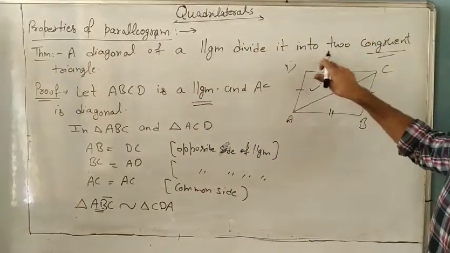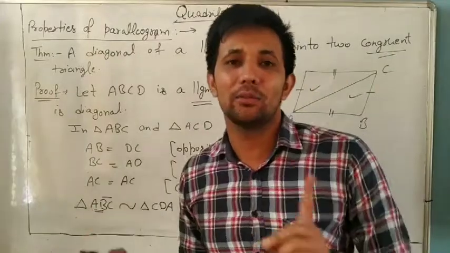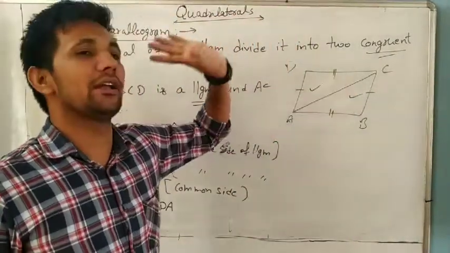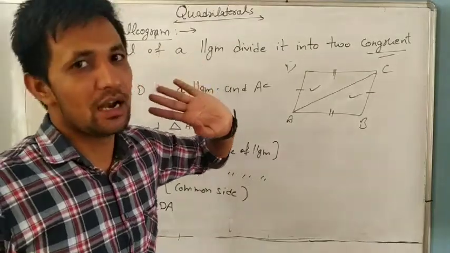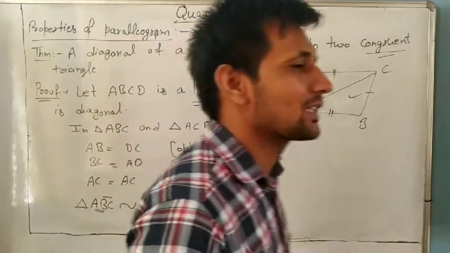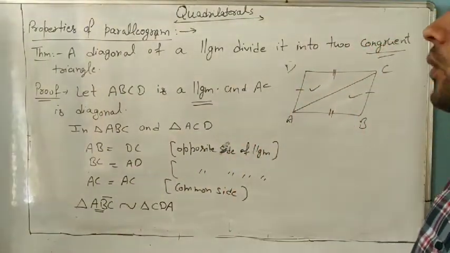These theorems, this statement we will use in all questions. A diagonal of the parallelogram divides it into two congruent triangles. Understand it? Understand or not? So first is this one. And if two triangles are congruent, corresponding parts are always equal.